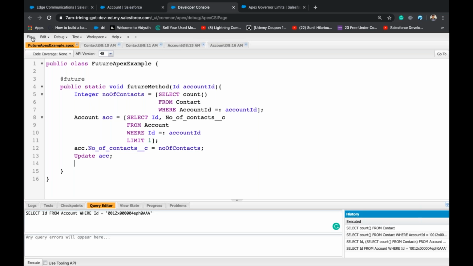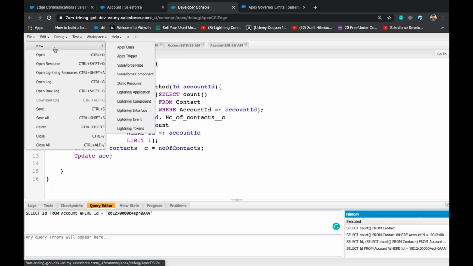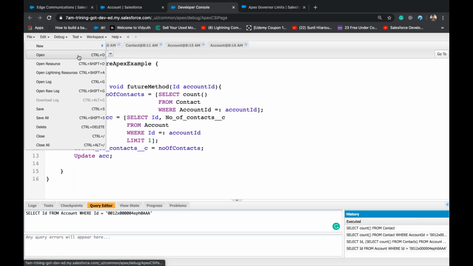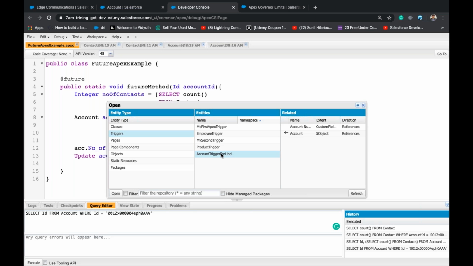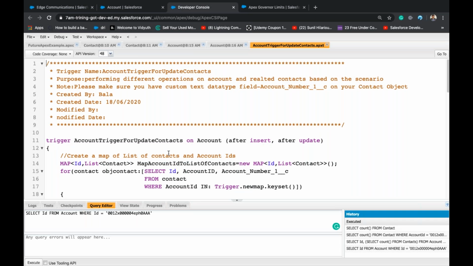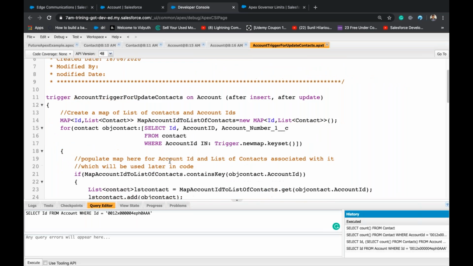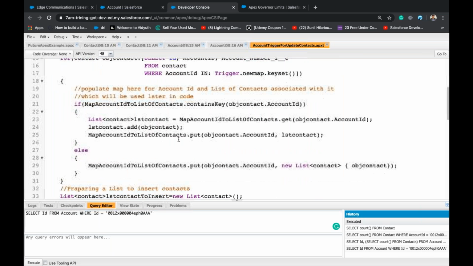So I'll add this in a trigger. So do we have trigger on account? So we have trigger on account, right?